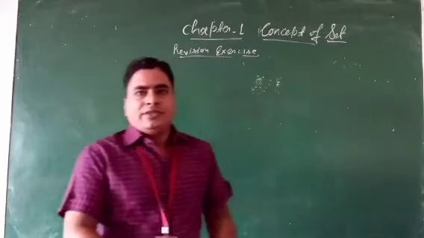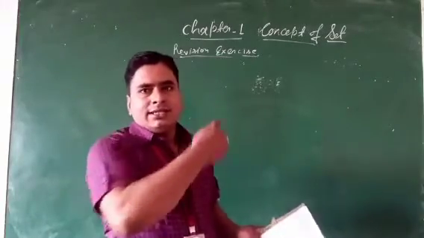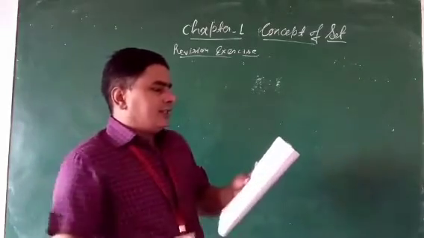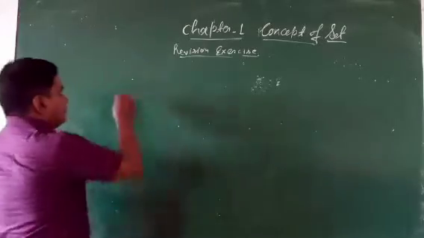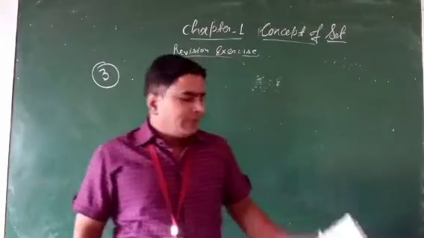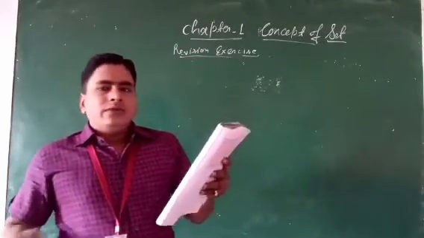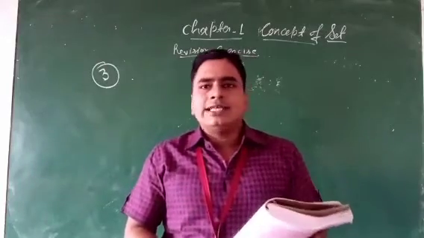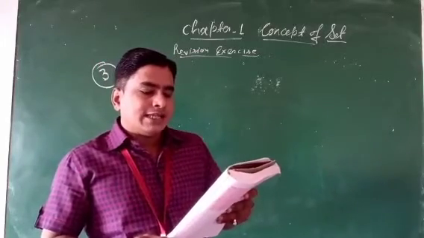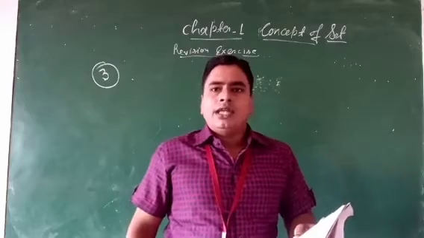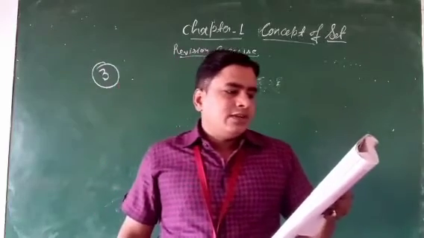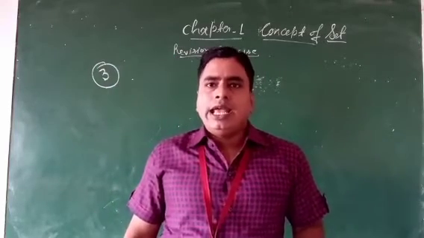Okay students, so open your book and just note down in your copy this question. Clear? Now see question number 3, because second I already told in the last class. Write the set P of natural numbers less than 11 in the tabular form as well as set builder form. P is a finite set, so find the cardinal number n of P.